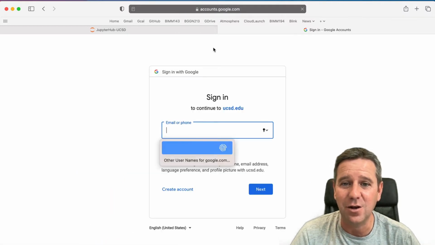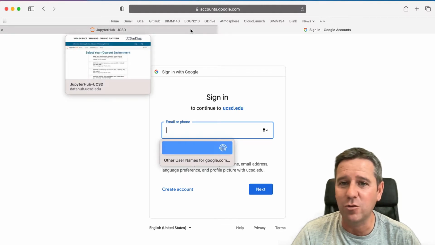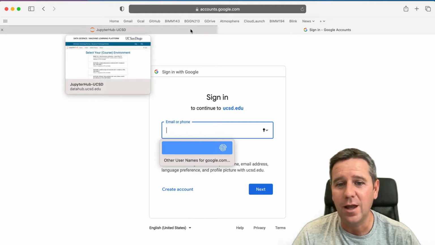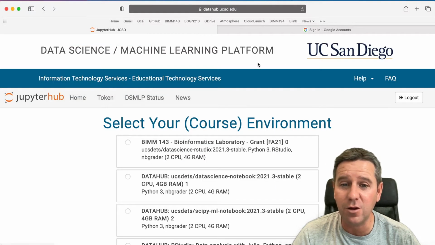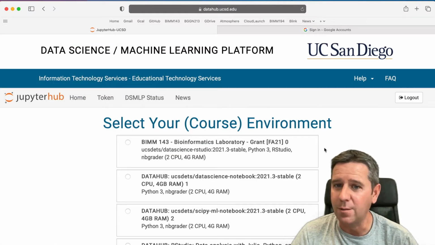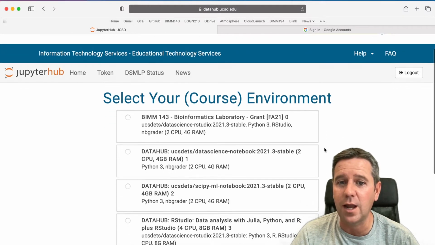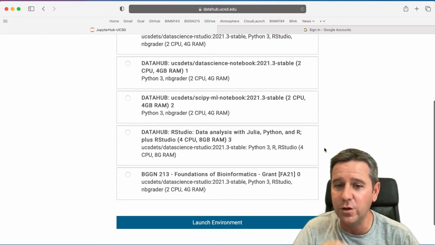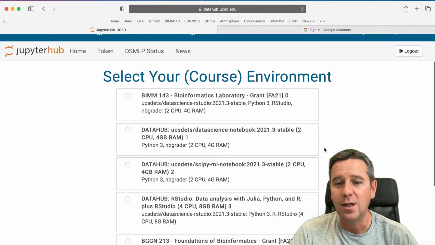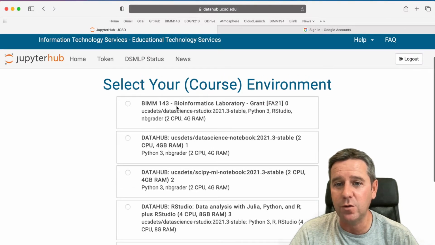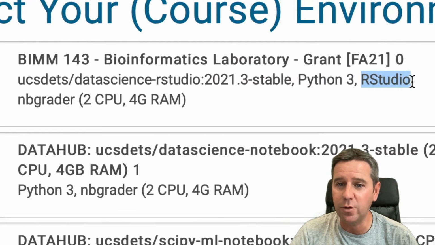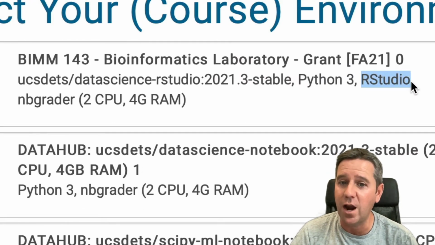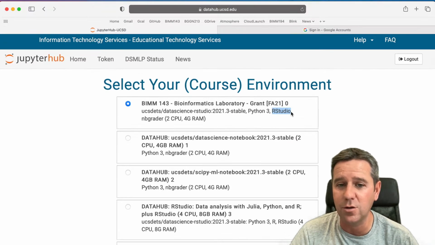can click to log in, and it'll direct you through a login through Google and then through your single sign-on UCSD account. And when you get there, you'll end up at a page like this for the first time, where you get to select your course environment. Now I have a few different courses that I'm teaching here or that I have access to. I'm going to select one of those, and notice that this one here has RStudio as part of its environment setup, and you can request that in your CInfo